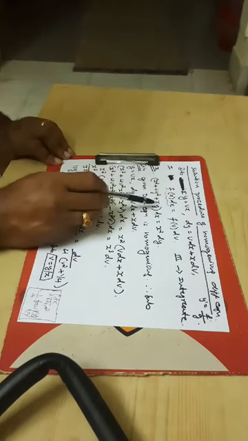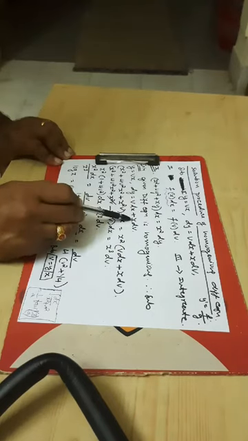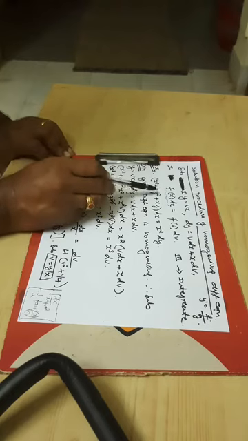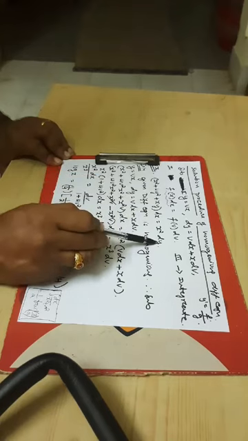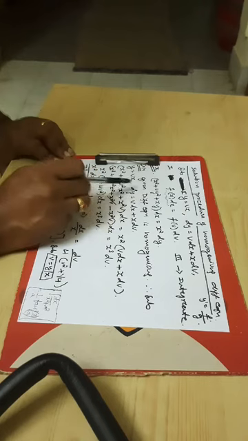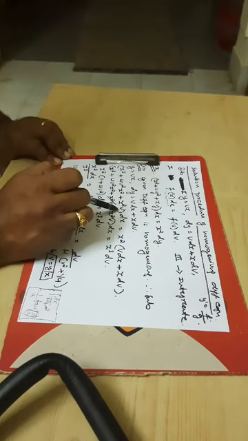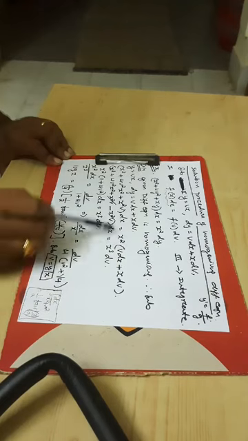So what are you doing? Wherever y is there, put y = vx. Wherever dy is there, substitute v dx + x dv, because dy = v dx + x dv follows from y = vx. So for y you put vx, and for dy you put v dx + x dv. Observe: x² is written as it is, 4 into y² becomes v²x², (vx) whole square, and x into y is x²v, equals x² into dy. What is dy? v dx + x dv. Now multiply all the terms.